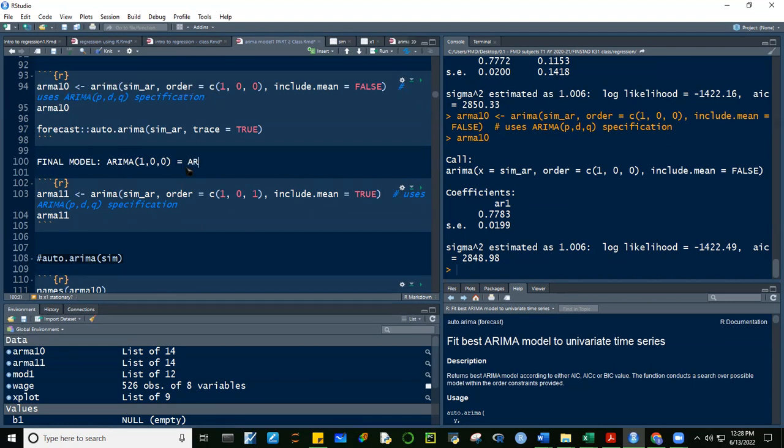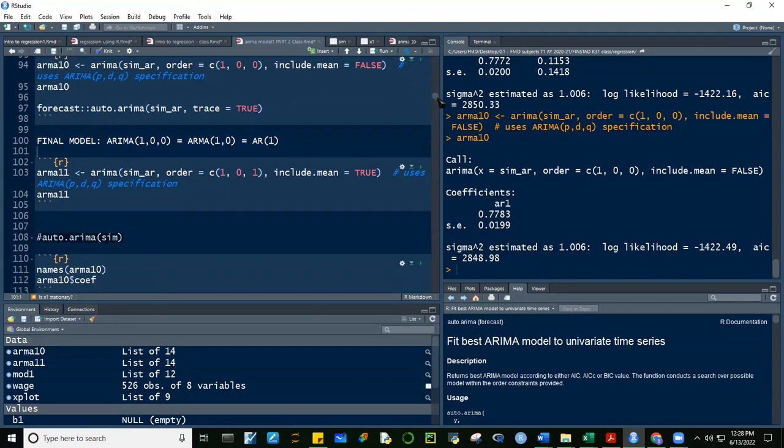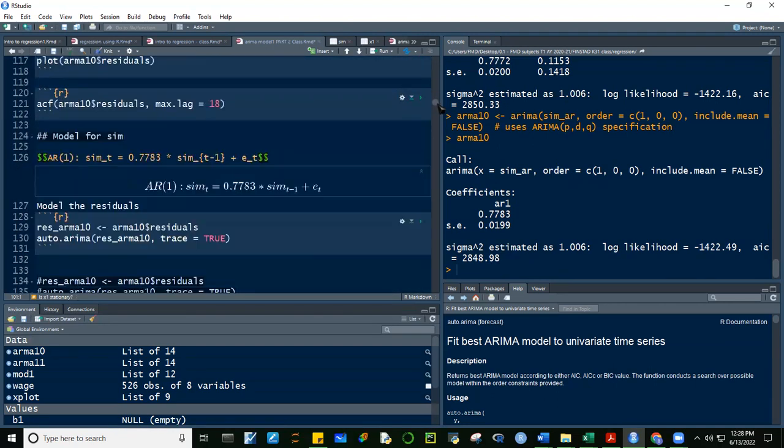Equal yan to ARMA 10. Equal din yan sa AR1. So they're all the same, guys. They're all the same. So that was our model, ARIMA 100 without the mean, di ba?